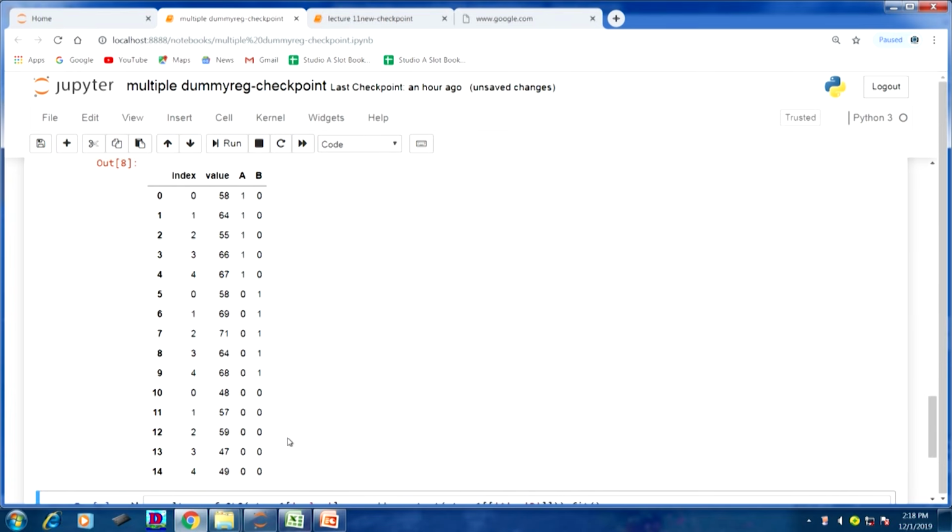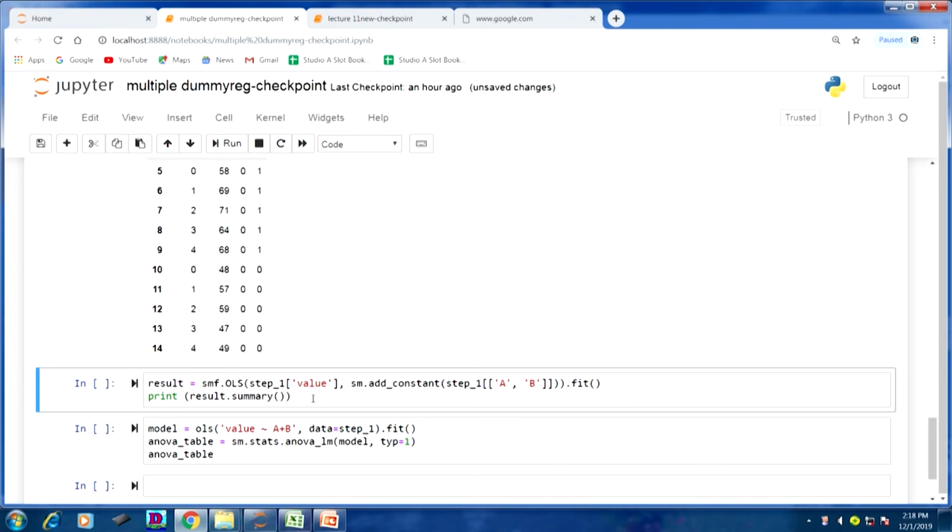So for this data set I am going to do the regression analysis. The result equal to smf.ols step_1, the value is my dependent variable, comma sm.add_constant step_1, A comma B is my independent variable, then I am going to get the